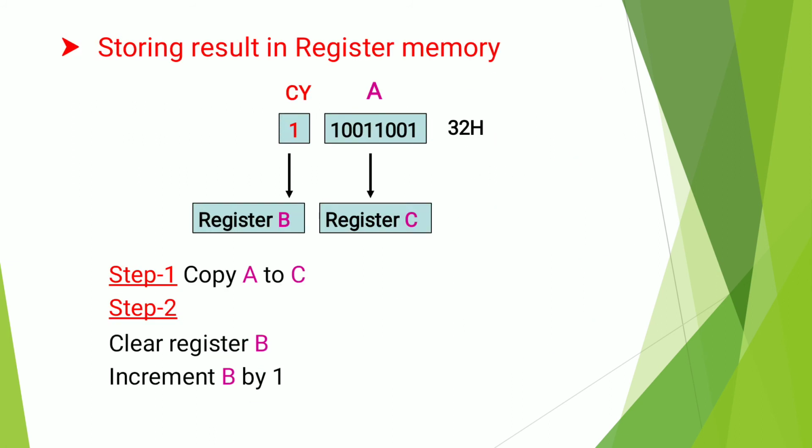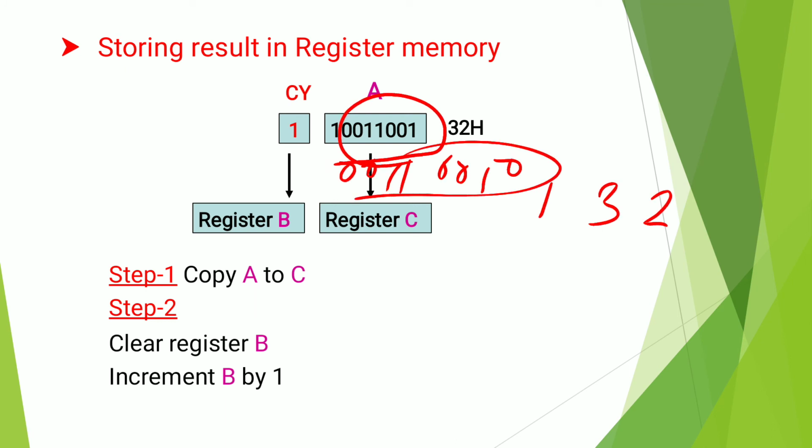Now the second point is storing the result in memory. Result is 132. That is 32 in binary form, written here, that is 0011 0010, and this result is stored in